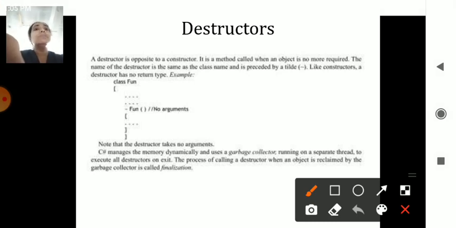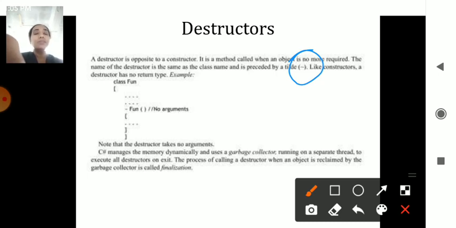It uses a simple symbol, the tilde symbol. Wherever you want, you can use a tilde symbol in front of the function. Then it becomes a destructor. So whatever information is in that particular method will be automatically removed from that method. So remember, it's the opposite of the constructor that the destructor works.